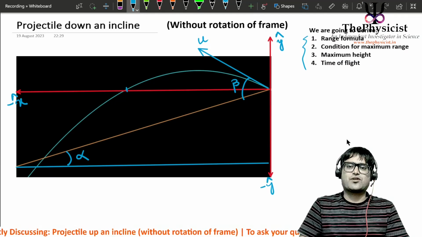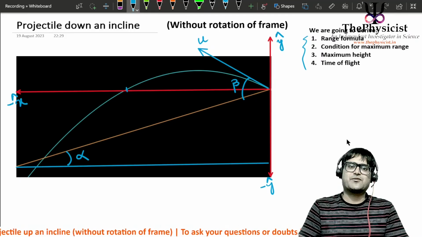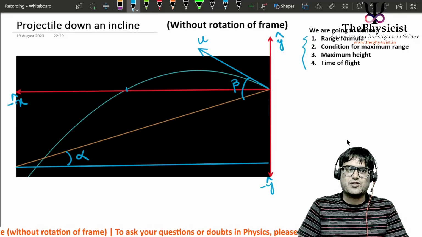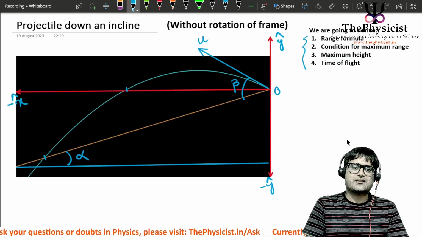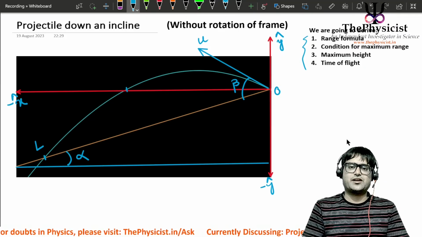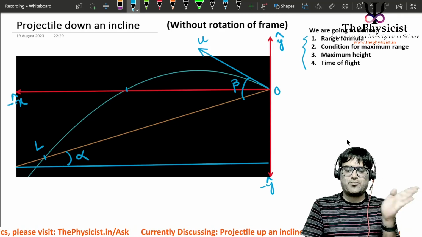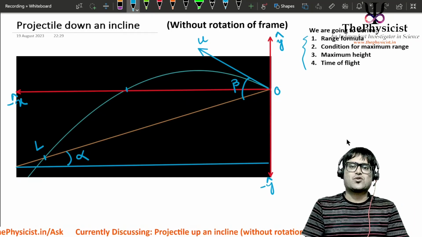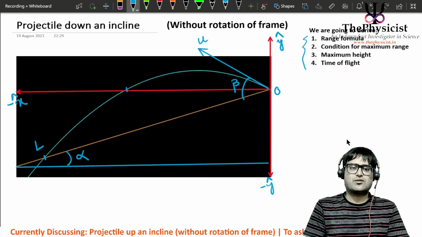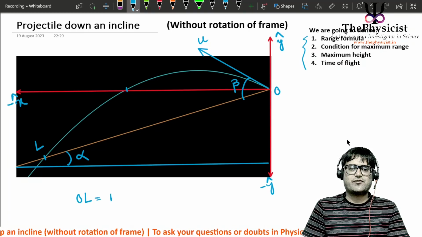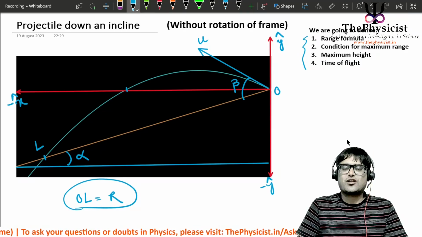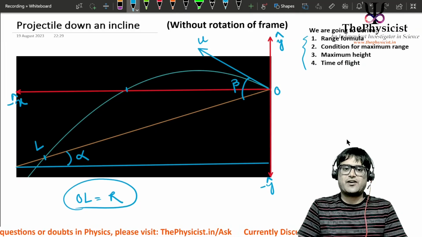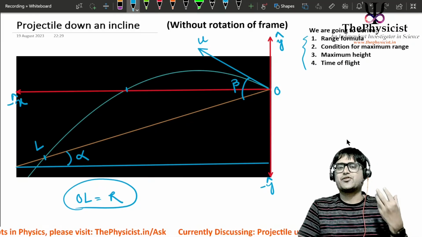So basically its y coordinate is going to be positive for some time, then it will become 0 and then will continue downwards. So now, starting from the origin O, if the particle hits the incline at a point down the incline at L, then O to L is what we would call the range, right? But this time we don't have to go through all that lengthy derivation, right? We have already found the value for up the incline, and then we're going to use a very simple